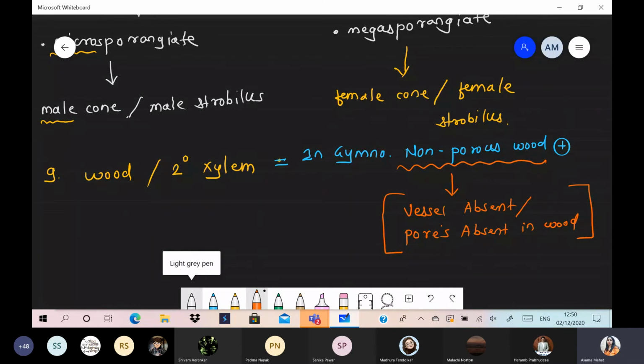So that's why most gymnosperms act as commercial wood. We can use it for commercial value, because if there are more pores inside the wood, for example when we are using it for furniture, then according to the wood quality, furniture cost also varies. Some furniture has water repellent property, water resistance. Some are waterproof. That is a different thing. According to the quality of wood, the cost of the furniture varies. It also has a half life of 10 years water resistance, 10 years waterproof. Both are different things. Water resistance is different, waterproof is different, right? You can search on Google to find out the difference between waterproof and water resistance.